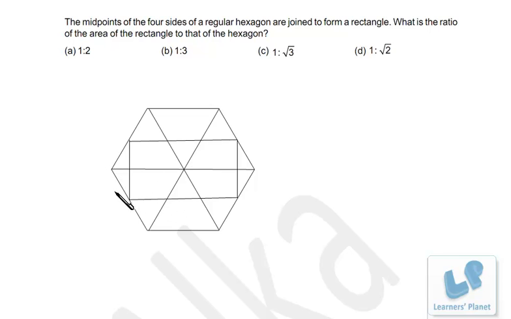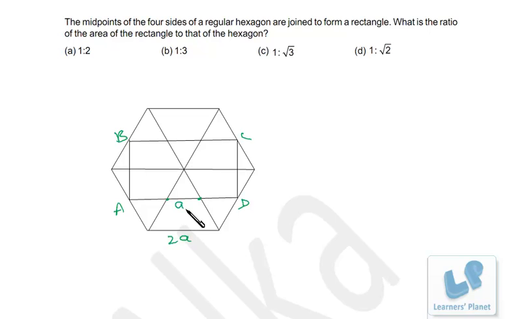Now, very simple, friends. A, B, C and D. I assume the side length of this hexagon to be 2a, right? That means this length is 2a. Now obviously the figure is symmetric. This is the midpoint of this line and this is the midpoint of this line. So this line will pass through the midpoint of this triangle also. If it is passing through the midpoint of this triangle, and this line is parallel to this line, that means the length of this line from this to this will be half of this. That is the midpoint theorem.